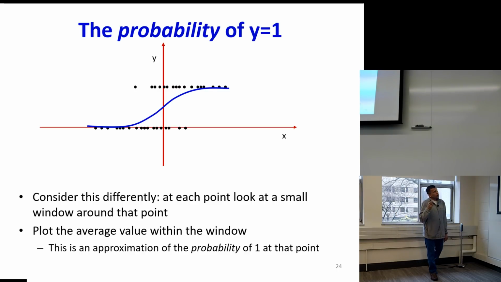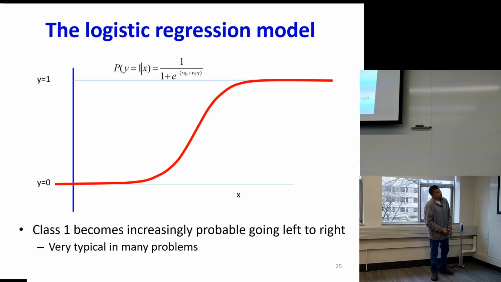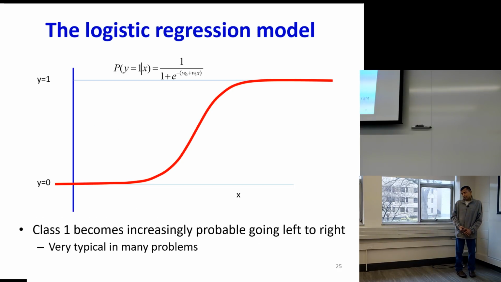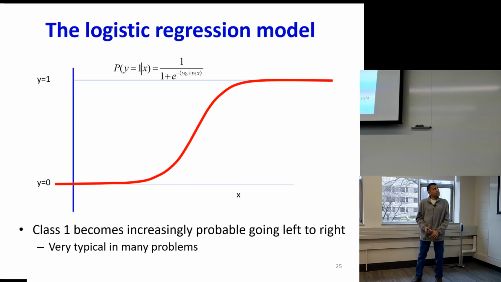So a nice function which actually models this kind of probability is the logistic function, where we say the probability of y equals 1 given x is the standard logistic function, 1 over 1 plus e raised to minus (w0 plus w1x), right? So look at what happens when x is infinity. If x is infinity, you get 1 over 1 plus e raised to minus infinity. E raised to minus infinity is 0, so that becomes 1. On the other hand, if x is minus infinity, then that becomes 1 over 1 plus e raised to infinity, which is 0. And so as you go from left to right, the function goes up monotonically